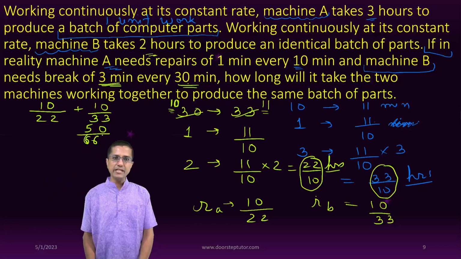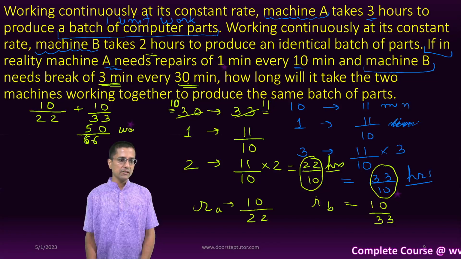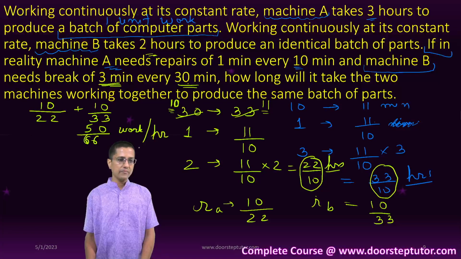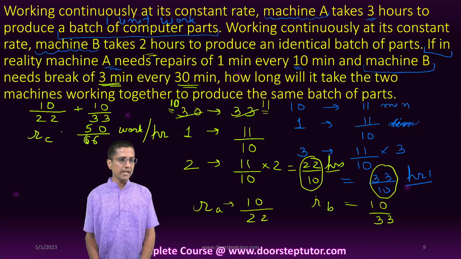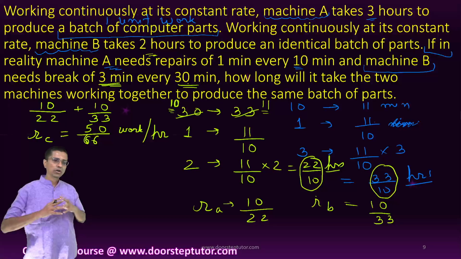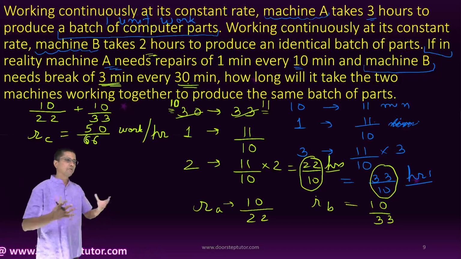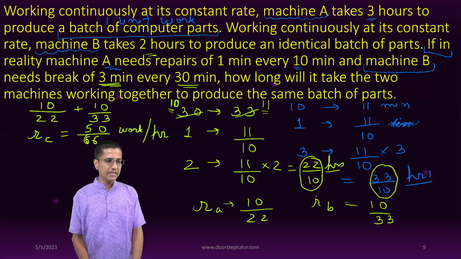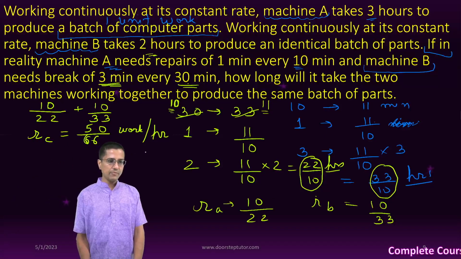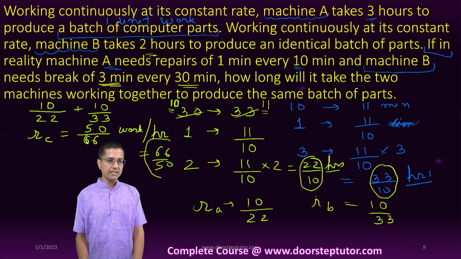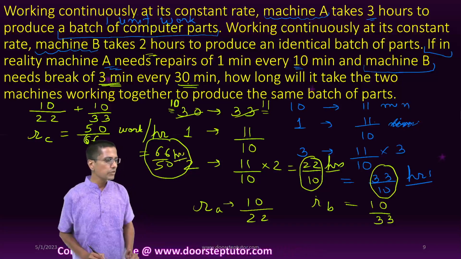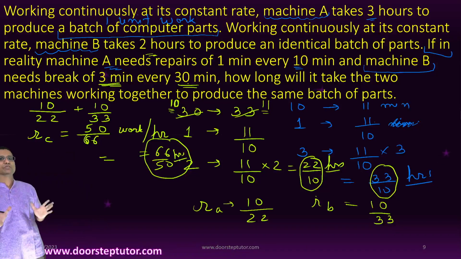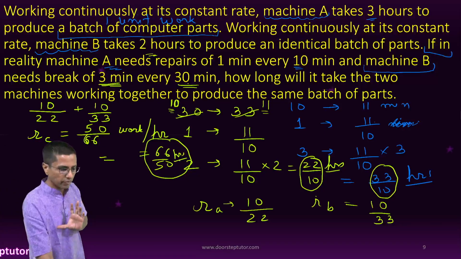And what are the units here? 50 by 66 unit of work is being done per hour. So again, this is the combined rate. Now the combined rate is this much. Can we now simply find out how much time it would take for them to complete the work? I can just invert this rate. I can just take the reciprocal, and the reciprocal comes out to be 66 by 50, and that is my final answer. So in 66 by 50 hours, that entire batch of parts would be produced. That is our 1 unit of work when the two machines are